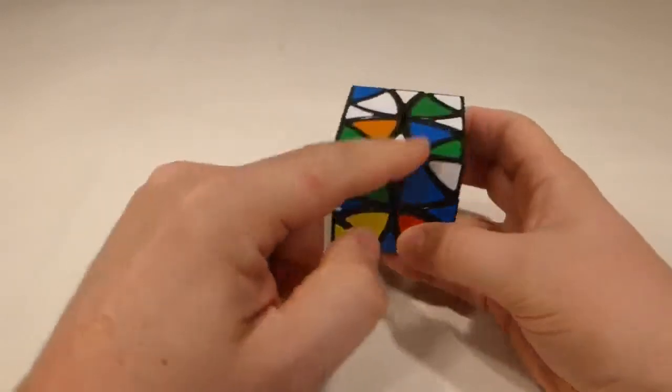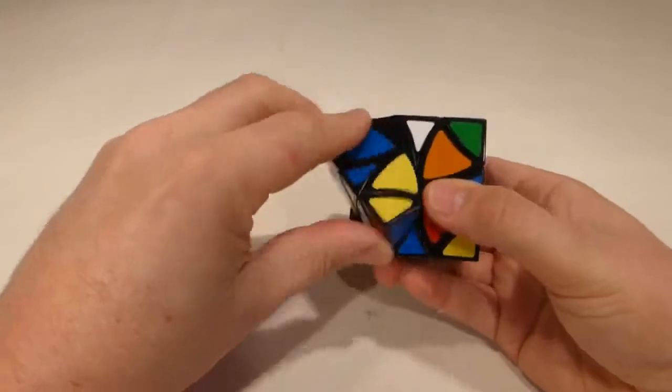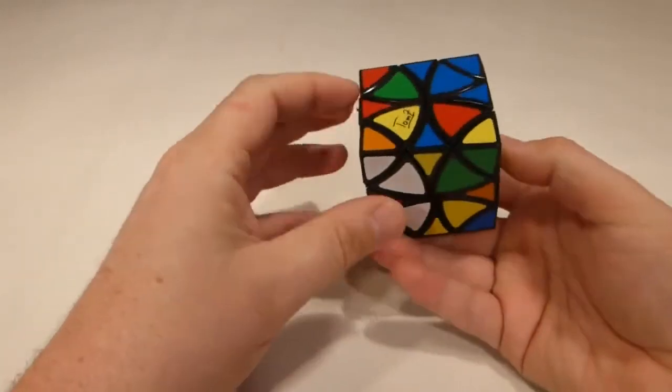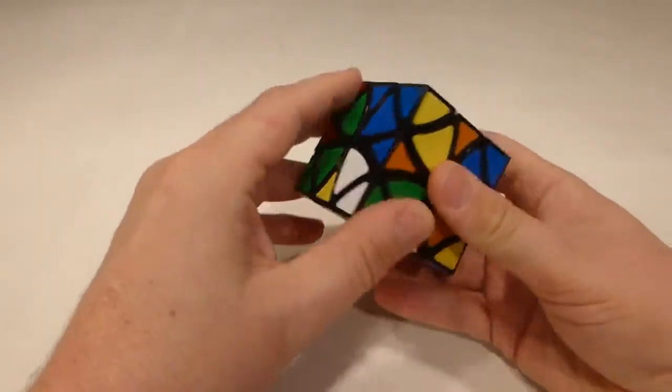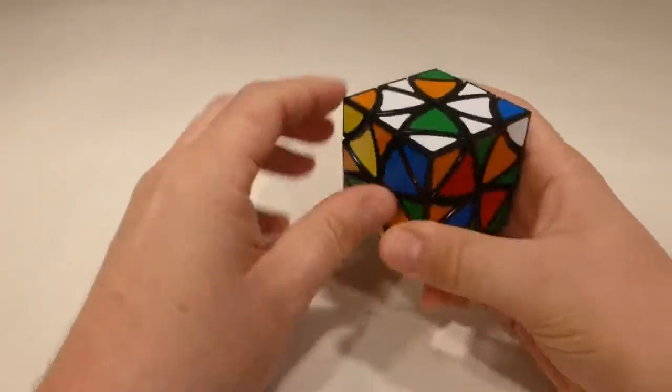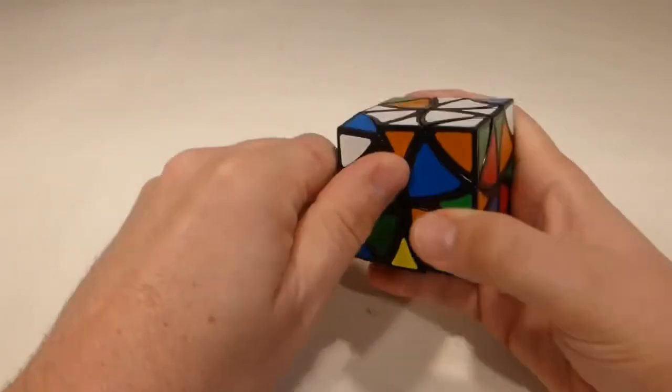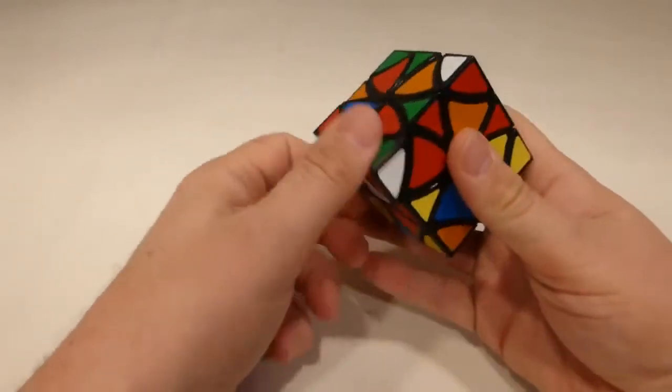What have we got here? This one can go into that orbit. Do we have any other whites? There's the whites on the bottom. Let's have a look and see. That one can certainly go into that orbit. And the other one,